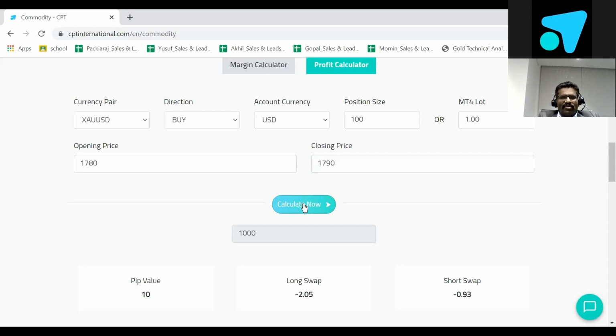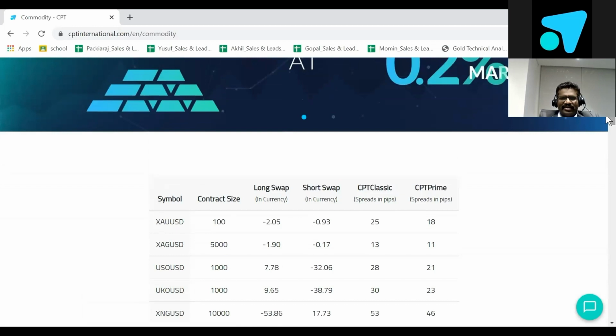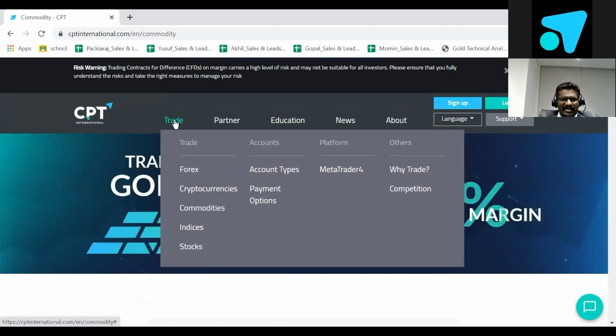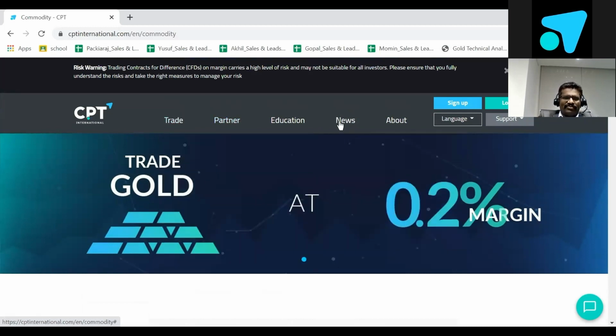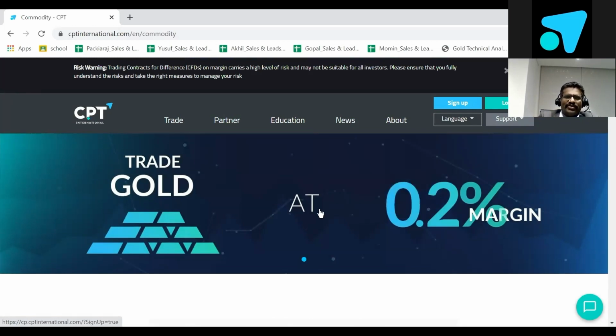This transaction can be calculated for the multiple products available on our website, the trade calculator. Any product, even crypto or commodities or currency, you can go and check, making it easy to understand how I can take the position and what margin I have to use. When you have free time, you can check our website also. It will give more information, and we have other information, such as news and the market economic calendar. All these things are available up to date on our website that you can visit always.